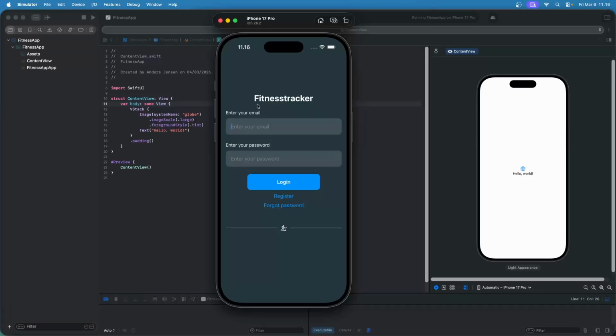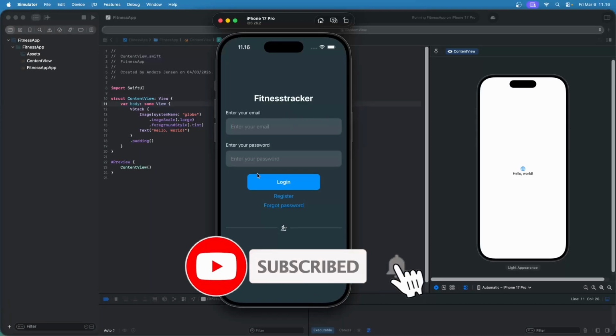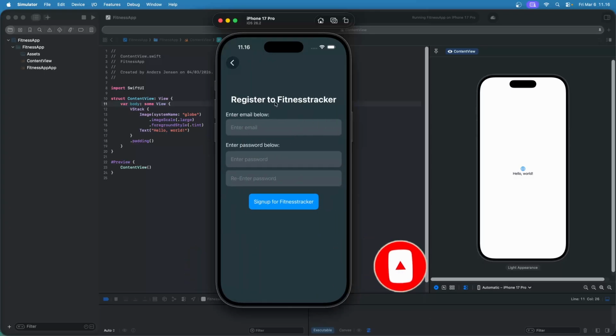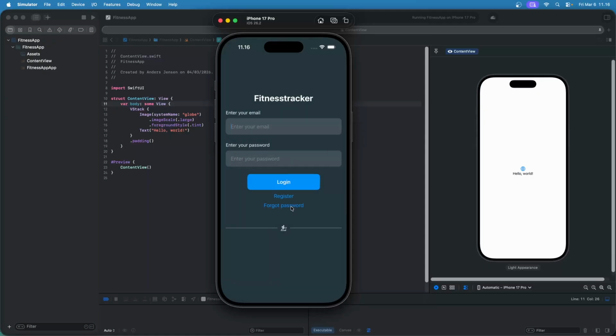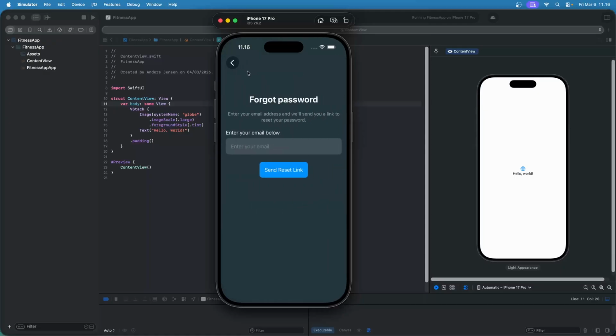We're going to create this login page. It's going to have a few fields for the email and the password. It's going to have the button, and you can also click on the register or the sign up page, and you can go back. You can also click on the forgot password, and then you will see this view where